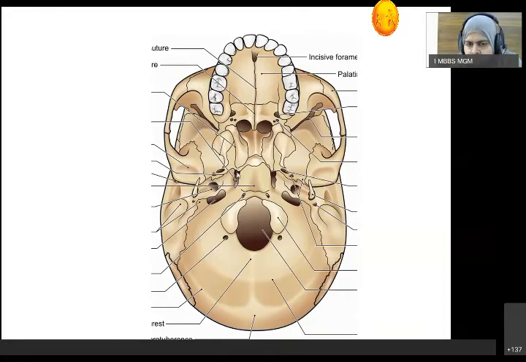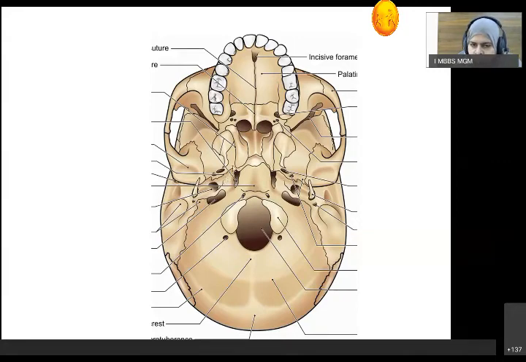How is it bounded? Posterolaterally, it is bounded by the apex of the petrous temporal bone, medially by the body of the sphenoid and basiocciput, and on the anterior aspect, it is related with the base of the pterygoid process. We have discussed this last time. The pterygoid process later on projects to form two plates, the medial pterygoid plate and the lateral pterygoid plate. This is the foramen lacerum. In its lower part, it is filled with cartilage only, and from its upper part, it gives passage to the internal carotid artery.